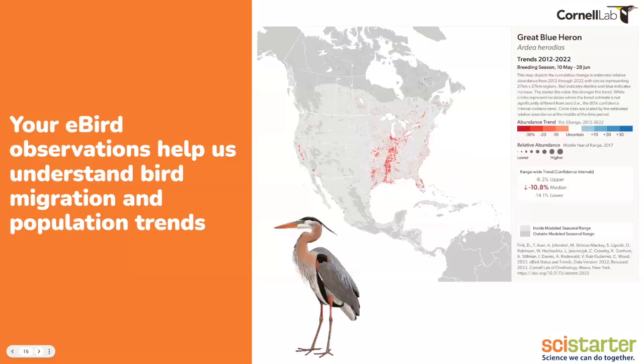Another way that we use eBird data to study birds is by using it to look at population trends over time. So eBird has existed for over 15 years now. We've got over 15 years of data from all around the world, which is allowing us to look at whether bird populations have increased or decreased over time on a species level across the bird's entire range for wherever we have enough data. So this map here is showing population trends for the great blue heron,